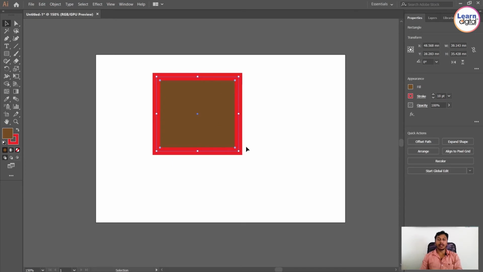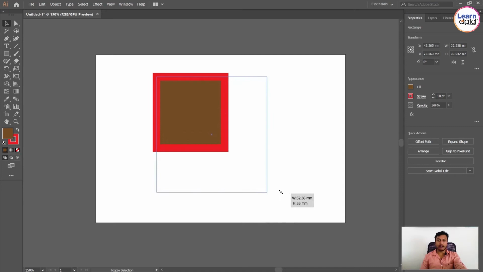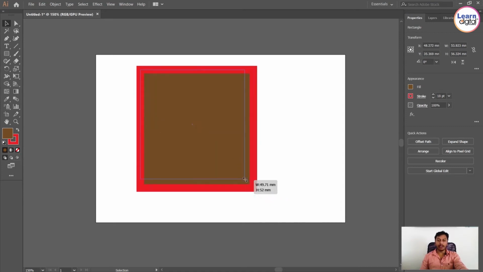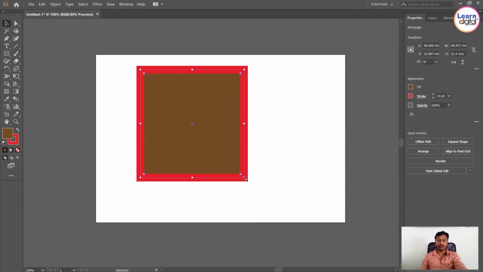If you want to make a perfect scaling, always hold down the Shift button on your keyboard and, from any one corner, click and drag. You can see this is our uniform scaling. If you need uniform scaling, always use Shift.